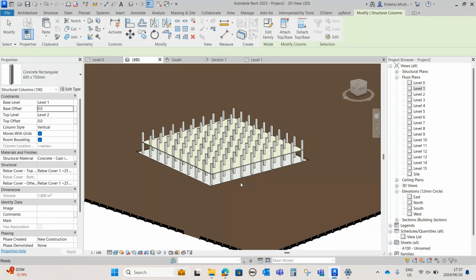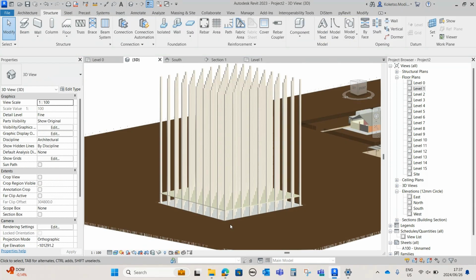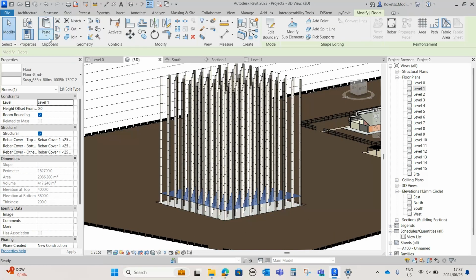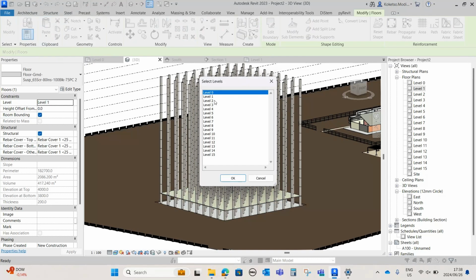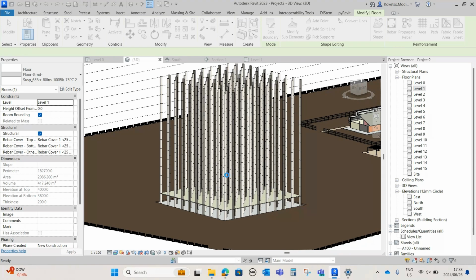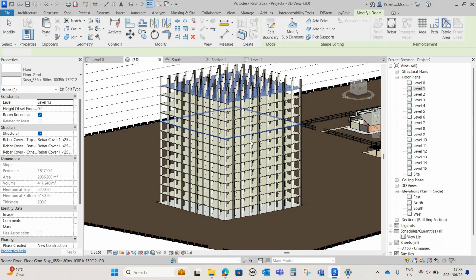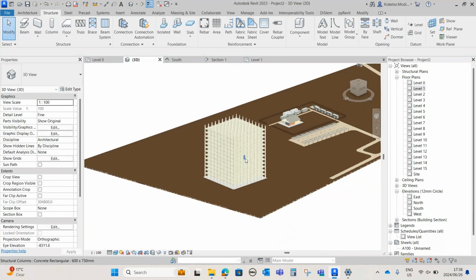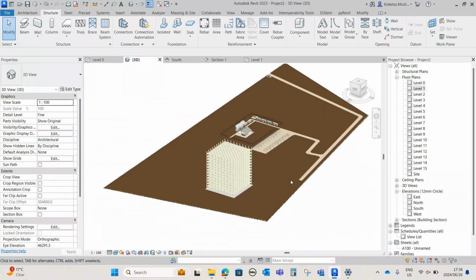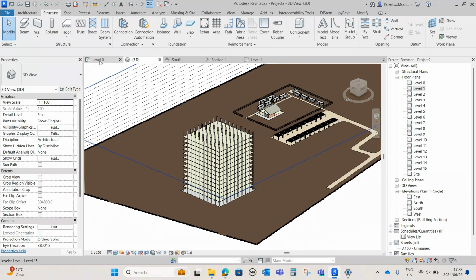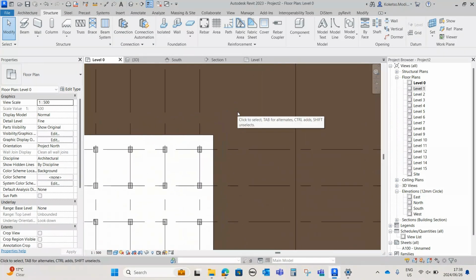So it's gonna copy the column towards those levels, and then I'm gonna select my floors, copy, paste to those certain levels. So I'm gonna start with level 2 and then to level 13. Say okay, and this is what we have. So perfect. Now the next thing is we can place our cranes, but before we do that, just type in